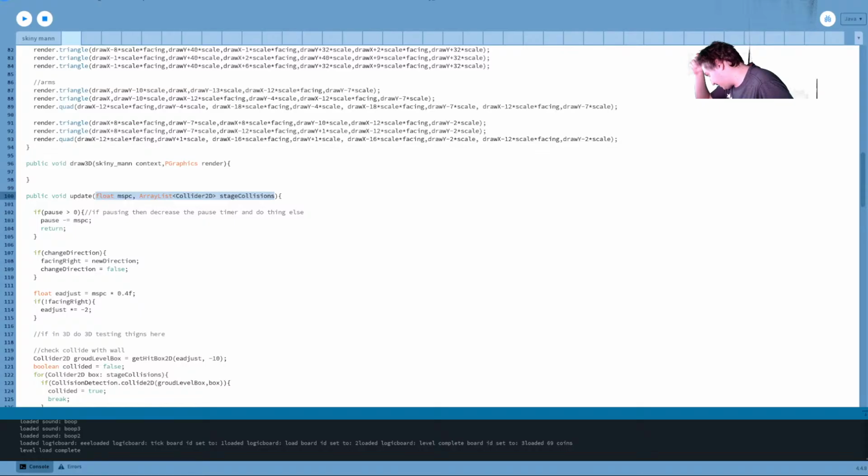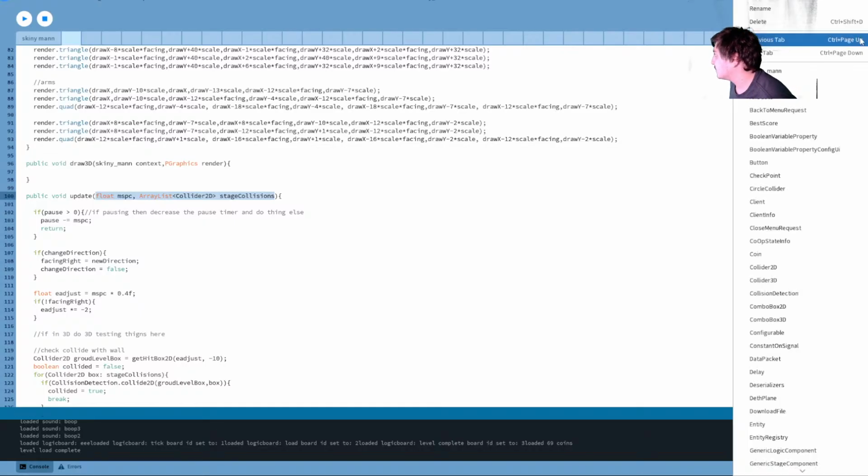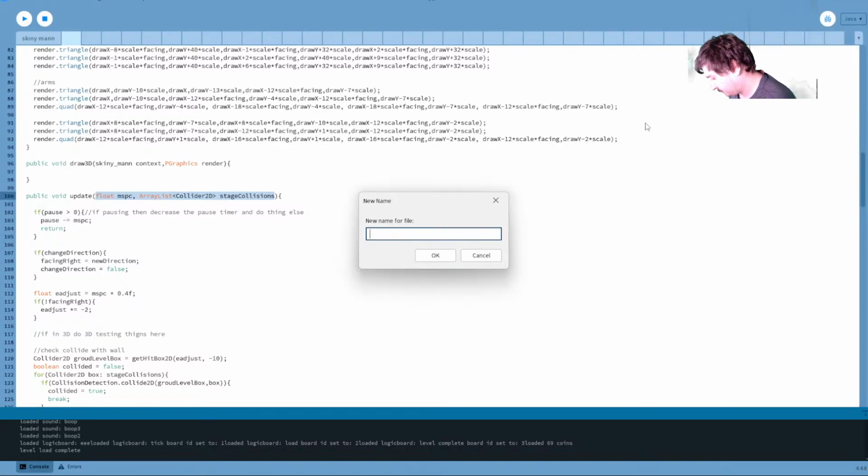Entity update context would also work, I guess, but I think I want to stick with entity agent context. Yeah, that'll work, and that could be more of a general thing. It doesn't have to be just for this.